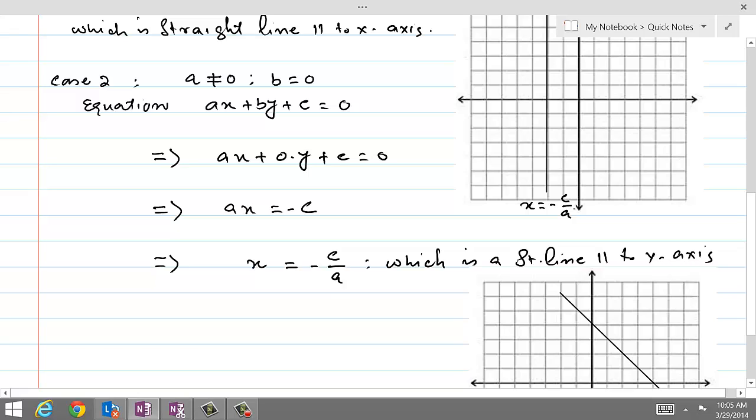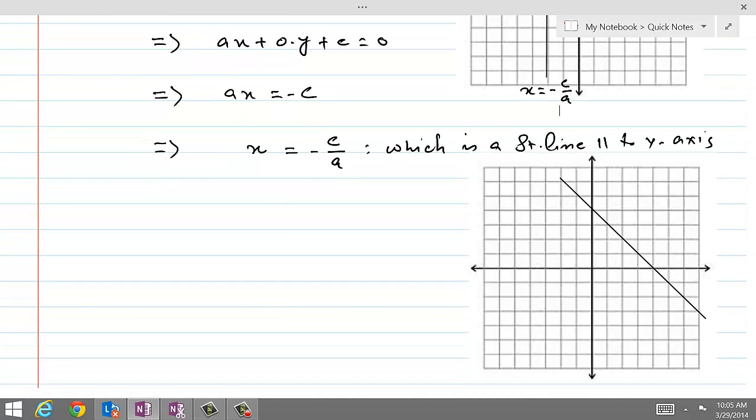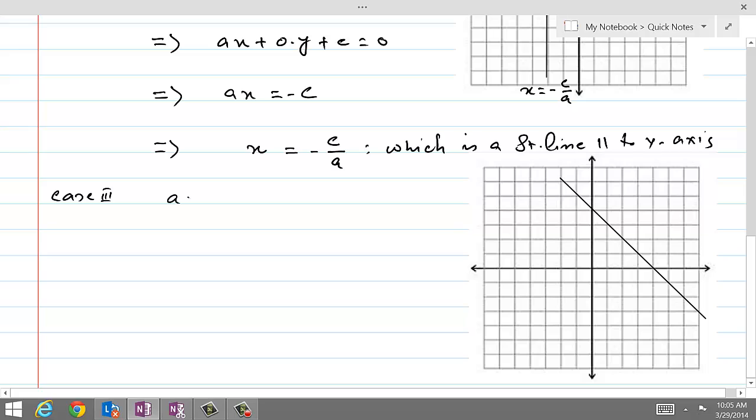So in both cases, whether a is equal to 0, b is not equal to 0, or b is equal to 0, a is not equal to 0, in both cases this equation represents a straight line. And now we are going to consider third case, when both a and b are not equal to 0. So case 3, when a is not equal to 0 and b is not equal to 0, then equation ax plus by plus c equal to 0